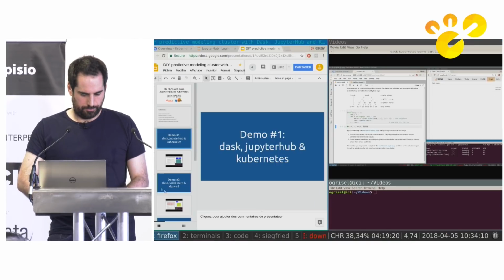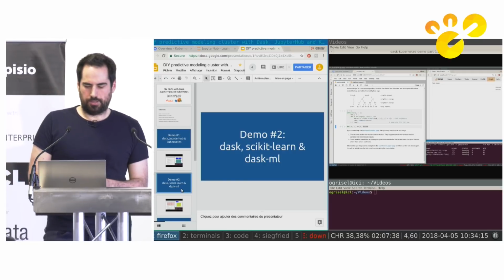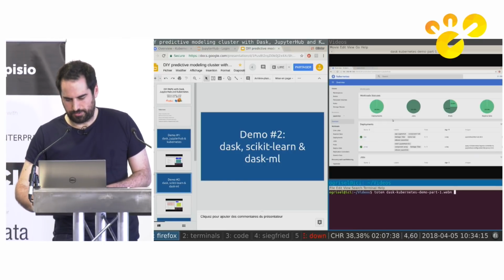So this was the first demo. I have a second demo that is more about machine learning. I will do it right now, using scikit-learn. So basically, you're using the same primitives on the same compute infrastructure, but this time we're going to use